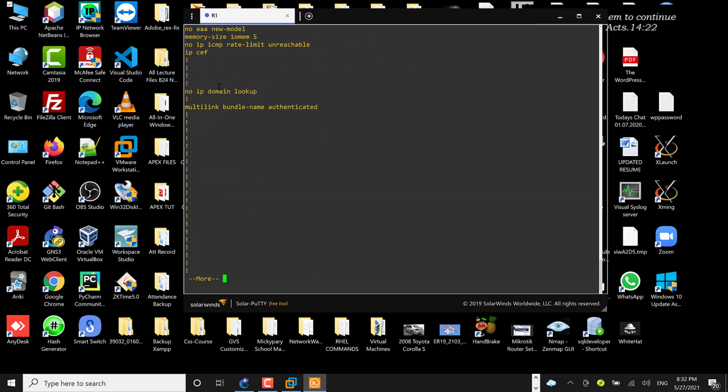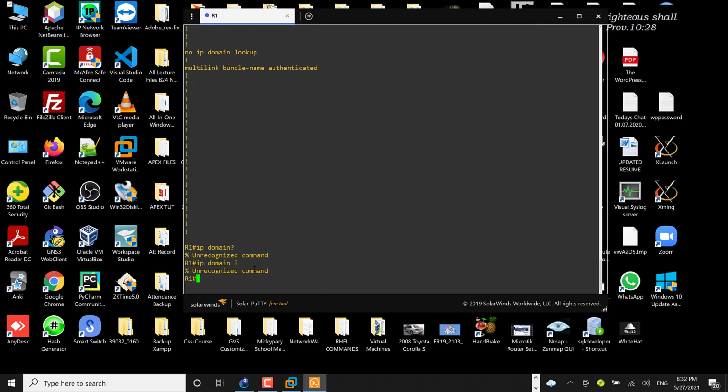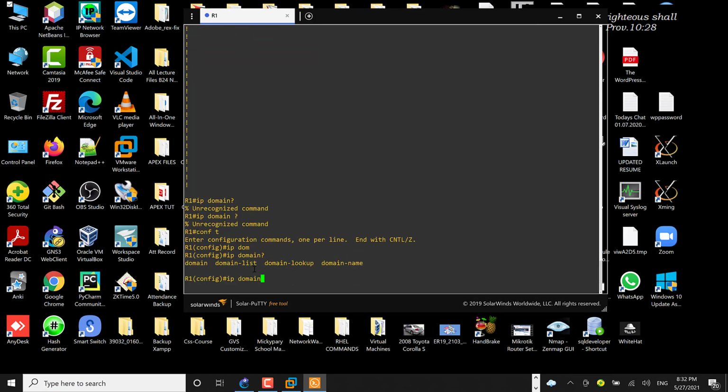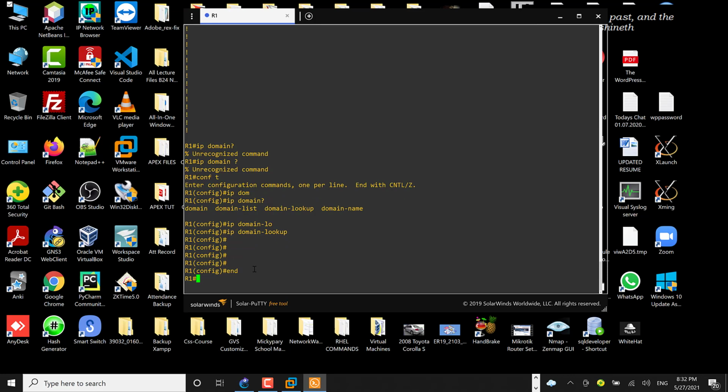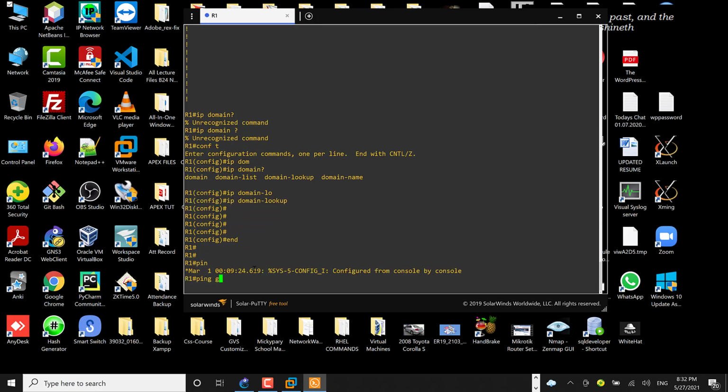Also okay, I think that's pretty much what I need. So I just need to do IP domain. Sorry, I need to do that in global mode. IP domain lookup. Okay guys, with this I can go back and ping